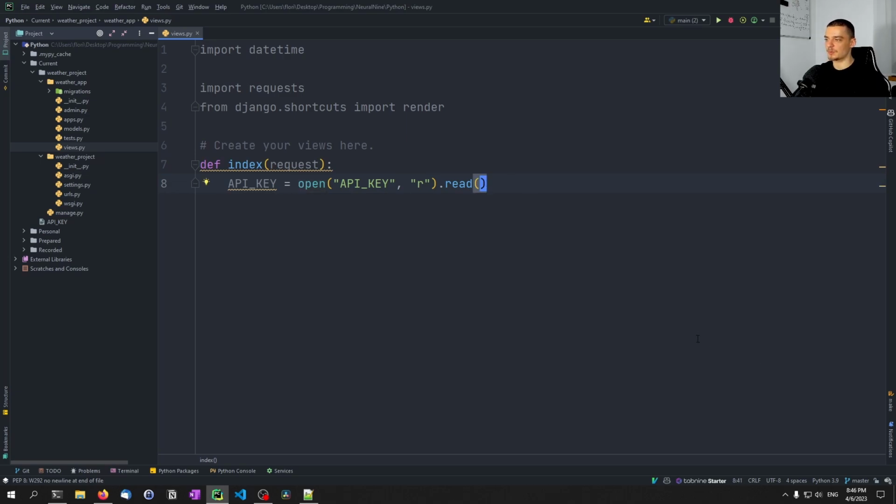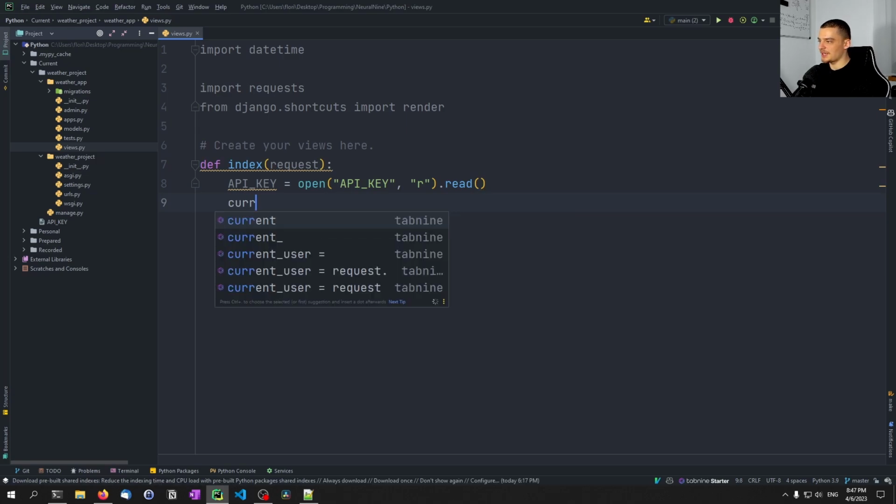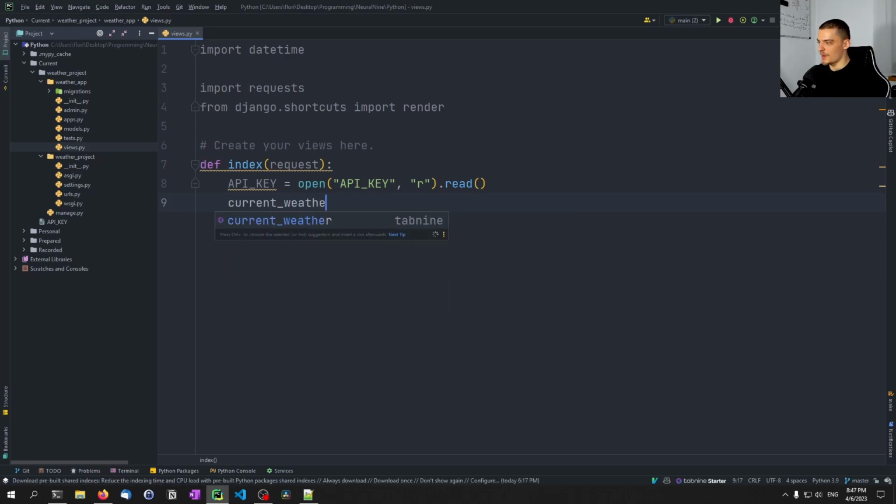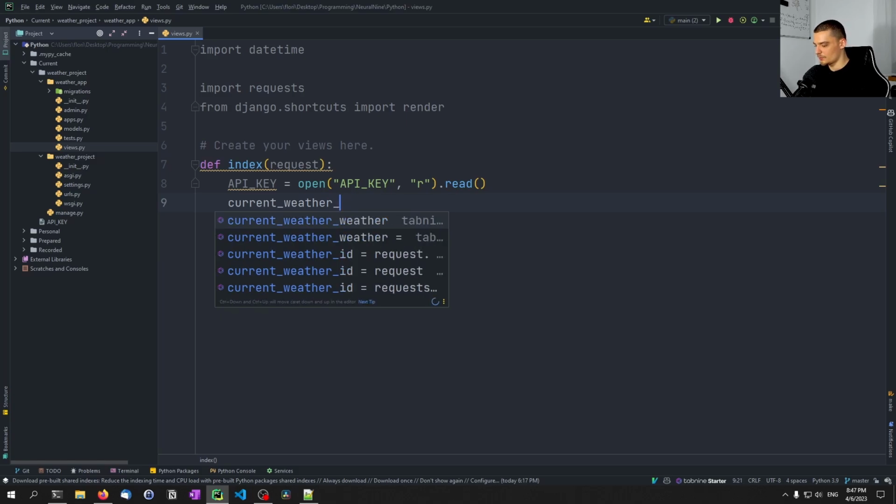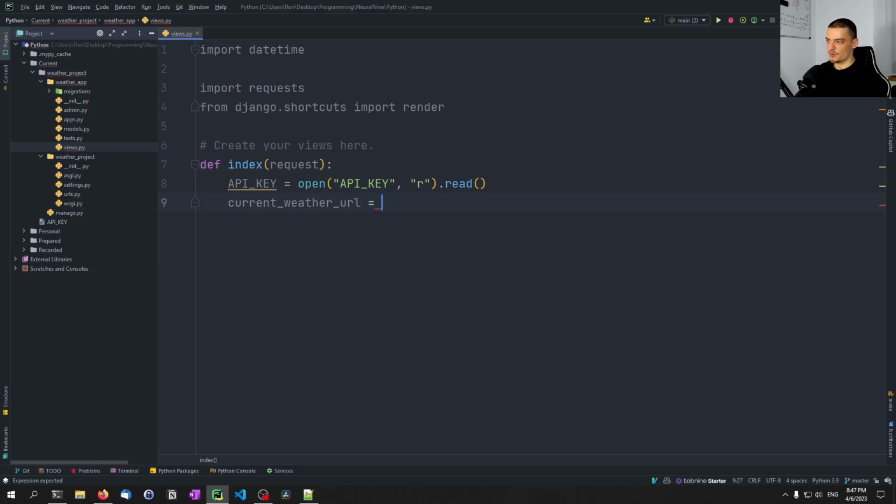And then what we want to do is define the URL, the endpoint of the OpenWeatherMap API that we want to use. So we're going to say current_weather_url, which is going to be the URL that we have to target to get information about now. And then we're going to target a different URL to get information for the forecasts. So we're going to say current_weather_url is